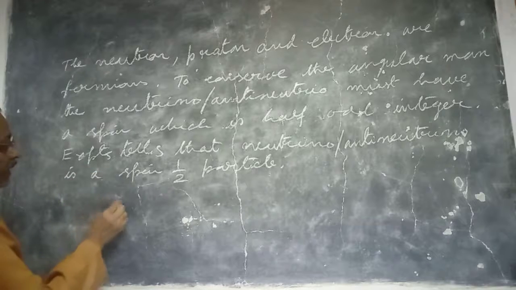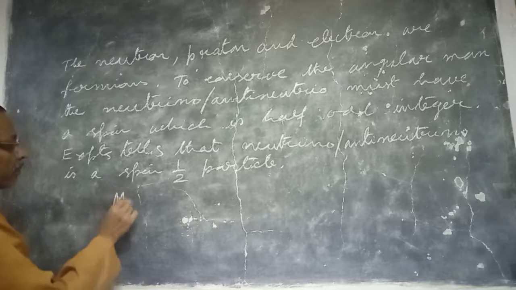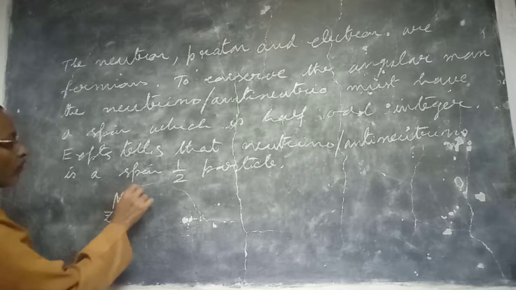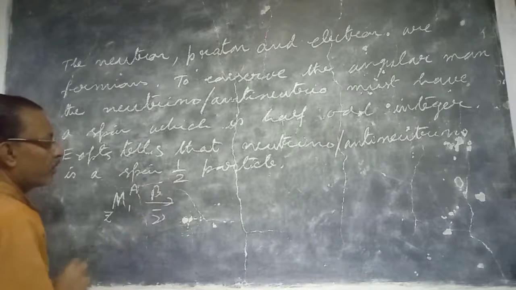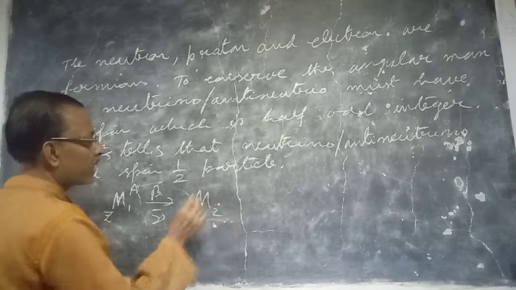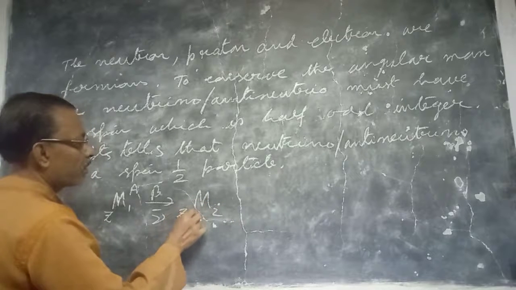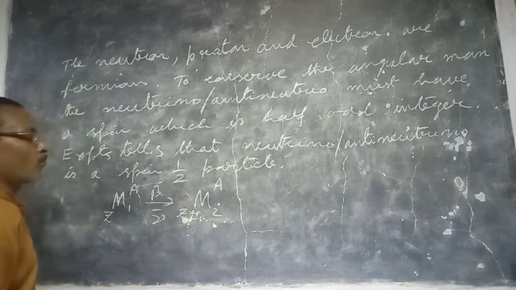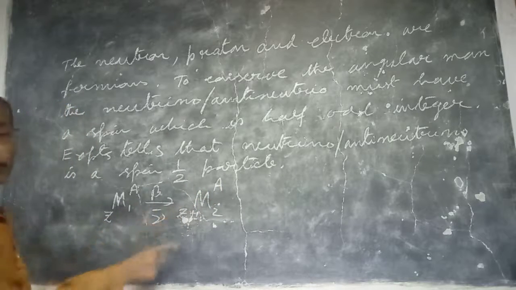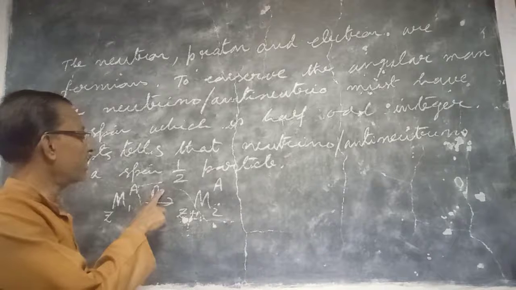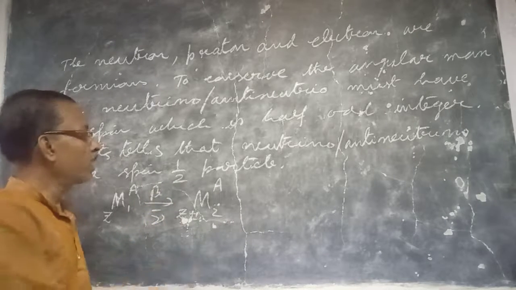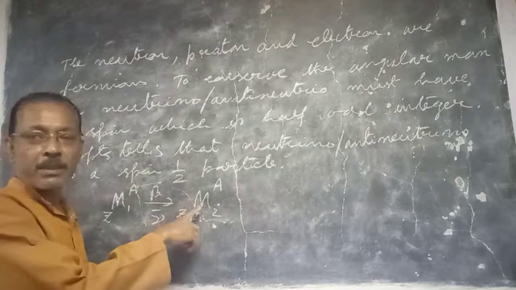Now in the beta minus decay, the parent nucleus of mass M1, ZA, is converted, and a beta minus particle and an antineutrino are emitted. Then we get a daughter nucleus M2, which is Z plus 1, A. Now the electron is emitted from here. In the daughter nucleus, the charge is increased by 1 unit because the negatively charged particle is going out, but the number of atomic electrons remains unchanged.